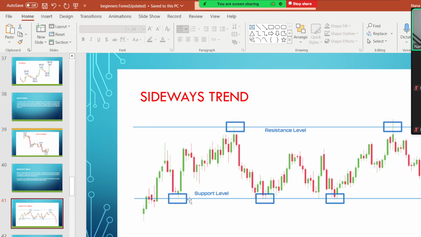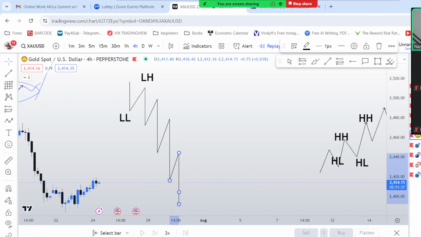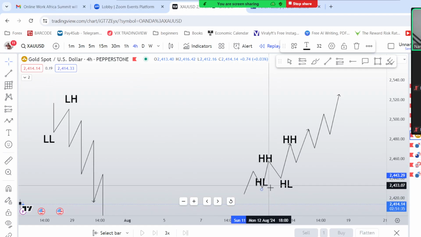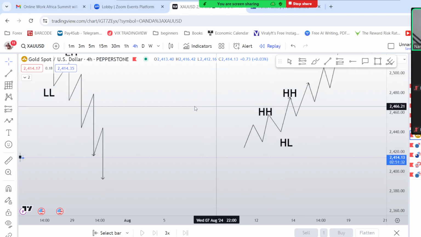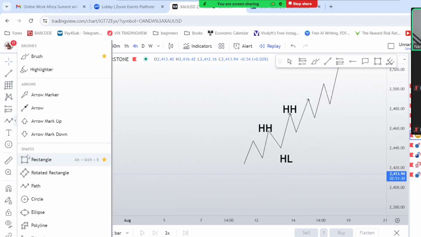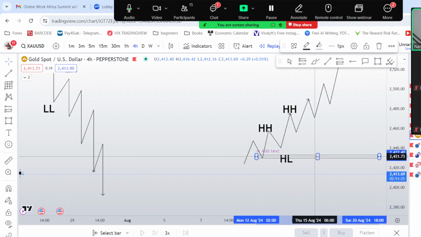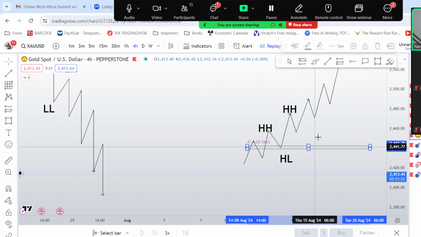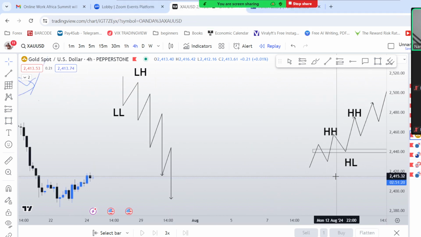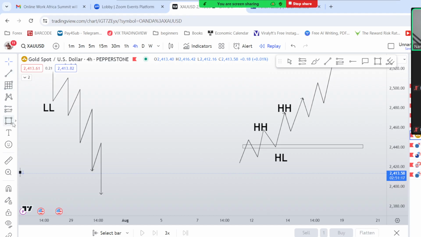So that brings us to the introduction of one main technical tool that we're going to talk about, which is support and resistance levels. Using the same illustration, mostly when I'm looking out for buying opportunities in the market, I'll be marking out my swing points, or the higher low levels, to find opportunities,